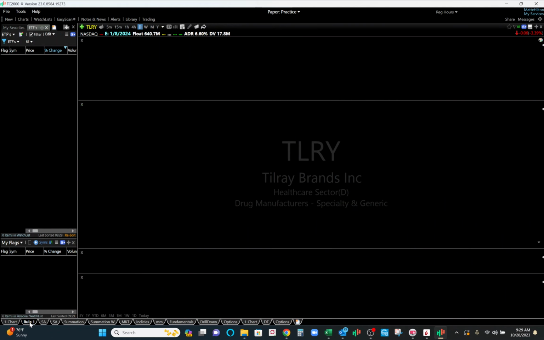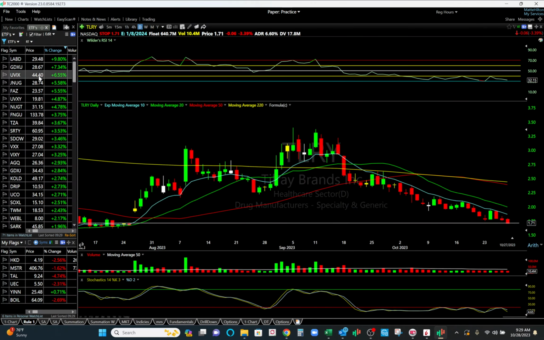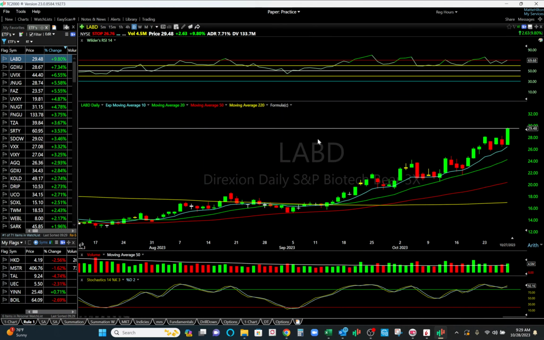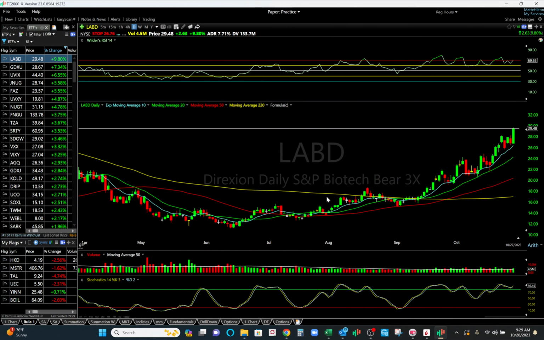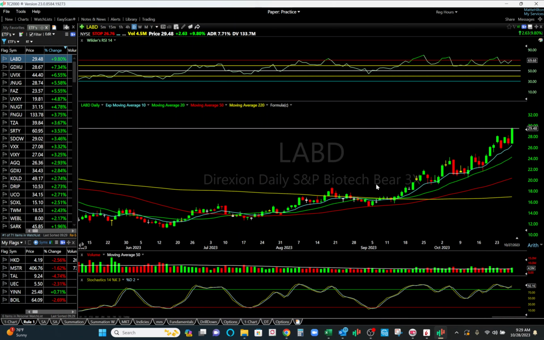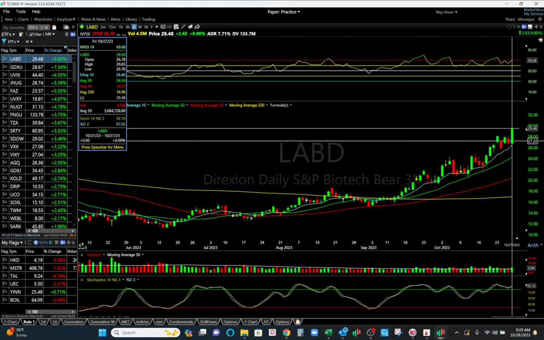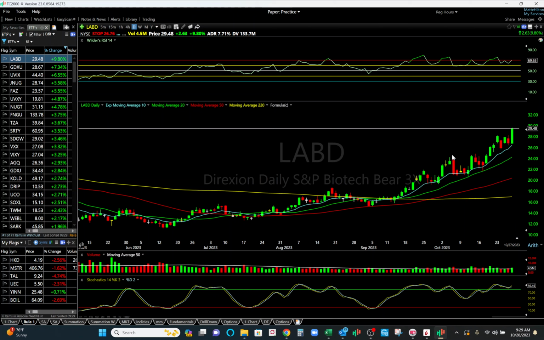All right, power stocks, IPOs. Let's go through some ETFs. Labdi, this is the inverse biotech ETF, levered 3 times to the XBI. It's in a solid uptrend. You see it breaks out, forms the uptrend, pulls back, breaks out, pulls back, breaks out, pulls back. This is extended. I mean, this is like the 4th run, but that's a solid breakout. Could be going lower.